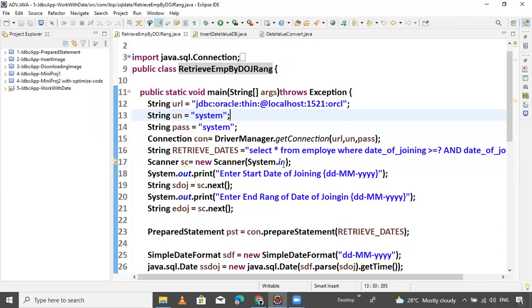Timestamp function is there. Right now I'm not using MySQL, so I'm unable to show the example, guys. But I will give the query for MySQL also. If we are using a MySQL database, then I will do it too.